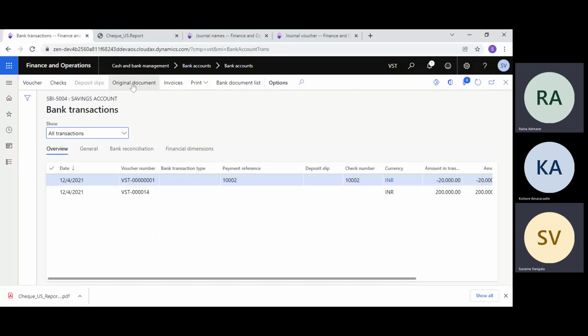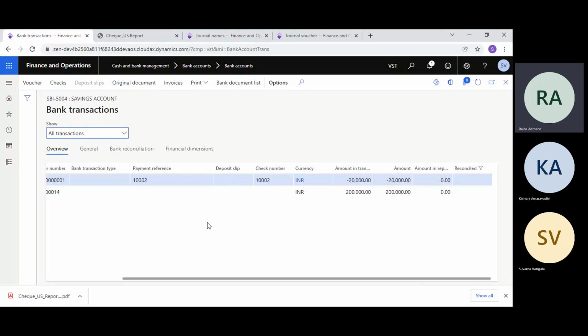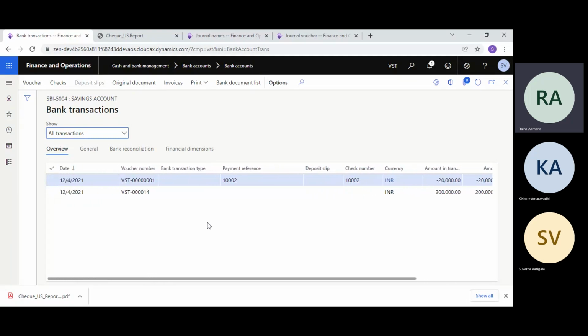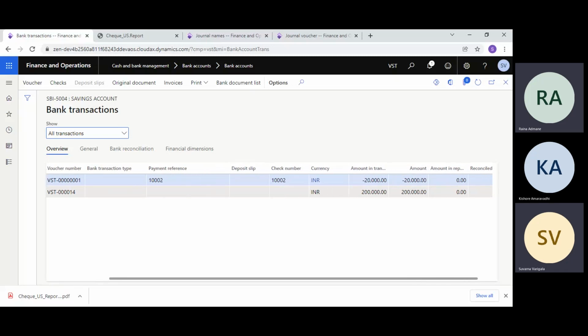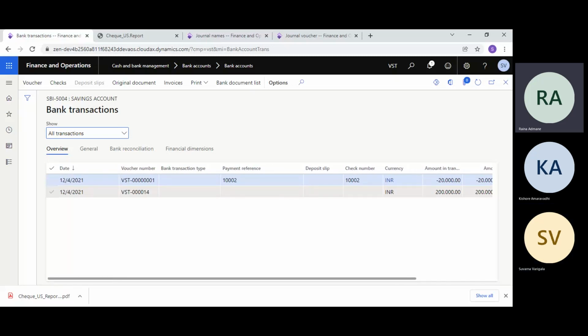Go to the transactions and see that there are two transactions: one is a 2 lakh deposit transaction and another is the payment transaction.